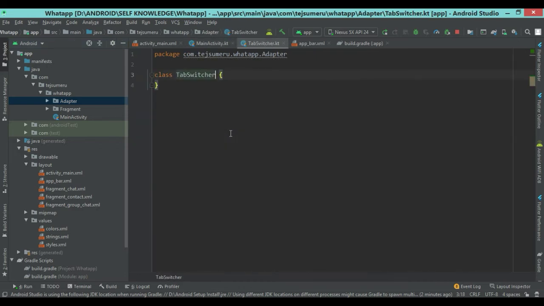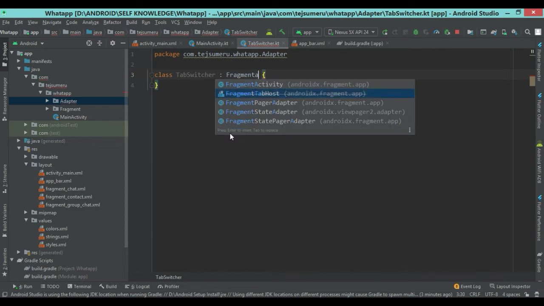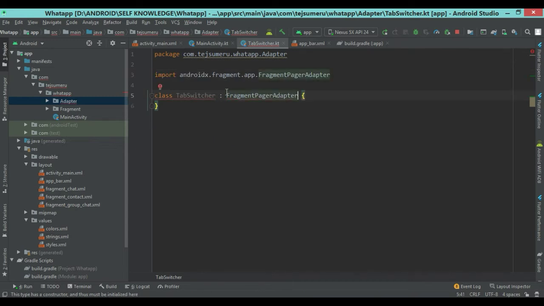Okay, now extend FragmentPagerAdapter. You are getting an error.